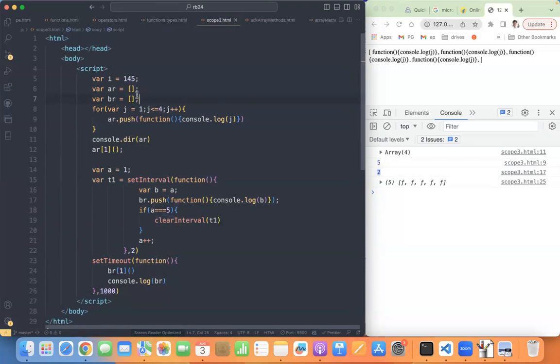So in the first function, okay, let us go back to the setInterval of the first part. After 2 milliseconds, this function will be executed.